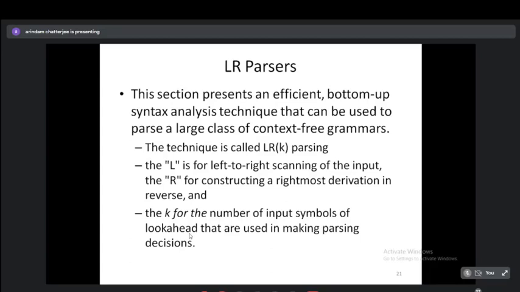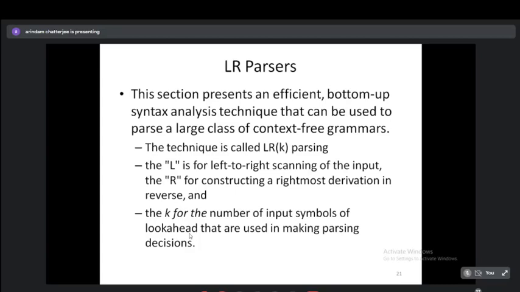LR0 parser is very straightforward, very easy to construct and very efficient, very space efficient and time efficient. LR1 parser is much more time consuming and space consuming. That's why we generally don't use LR1, but we combine the lookaheadness of LR1 into LR0 to give rise to LALR. How it is done is beyond the scope of our syllabus, but as I said, you should read it. There are some interesting things which will come up from there.